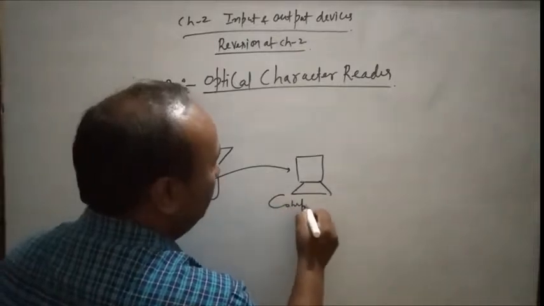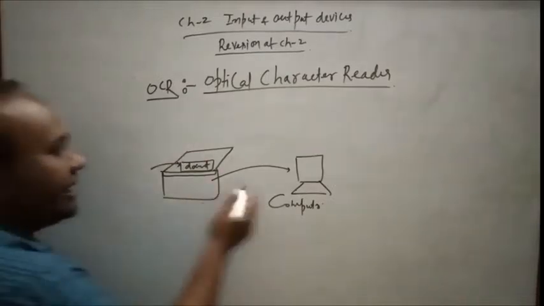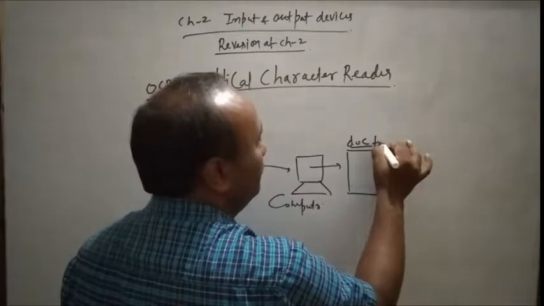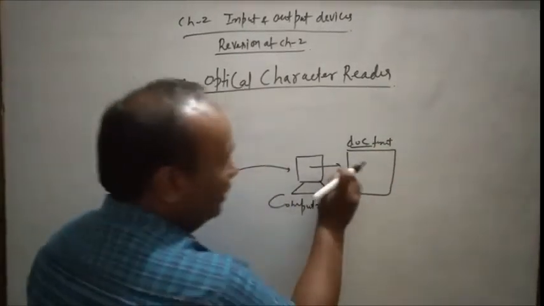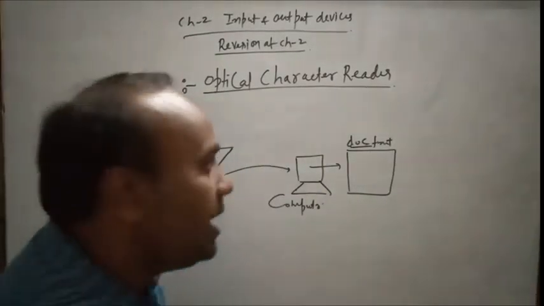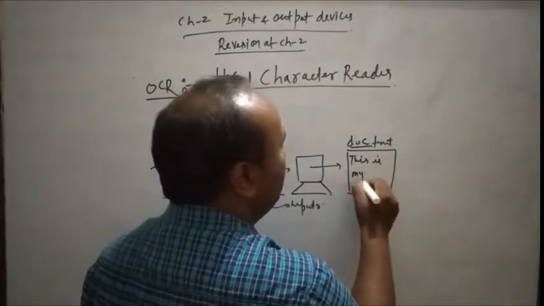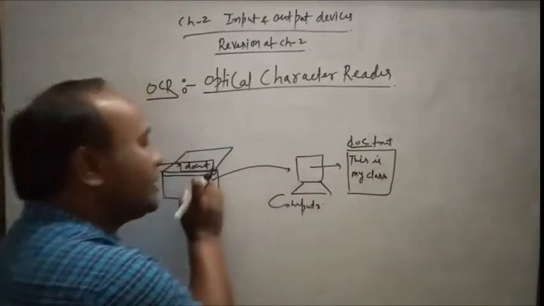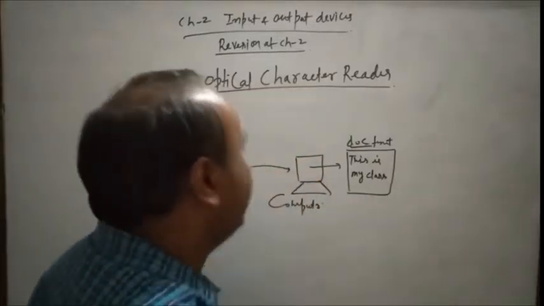कंप्यूटर से कनेक्ट है. ओके, सिर्फ इन दैट व्हेन डॉक्यूमेंट विल स्कैन, जैसे हम स्कैन करेंगे द इंफॉर्मेशन विल कम, सपोज दैट इन द डॉक्यूमेंट फॉर्मेट. डॉक्यूमेंट फॉर्मेट मीन्स ईच वर्ड बाय वर्ड, the information comes here in the editable form. Basically, whatever the difference, it is the editable form. Editable means, suppose this is my class. Suppose only these words are written in this document, so after scanning it will come in this format, completely formatted.